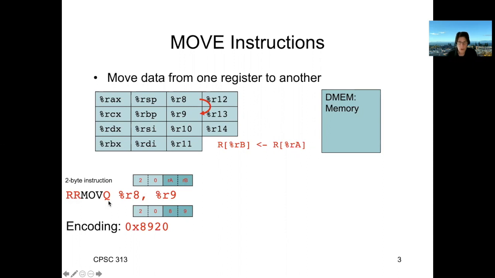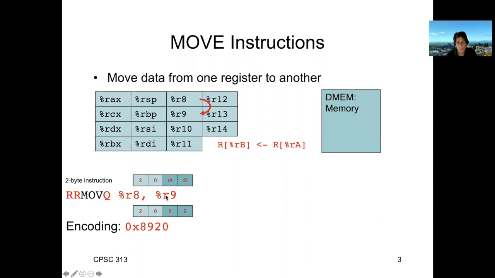The Q indicates that we're going to move a quad word. A quad word is 8 bytes, and the fundamental data type on the y86 processor is in fact 8 bytes, and so you'll see that many of the instructions end with a Q. So RR move Q, %R8, %R9 says I'd like to take the value that's in register R8 and move it